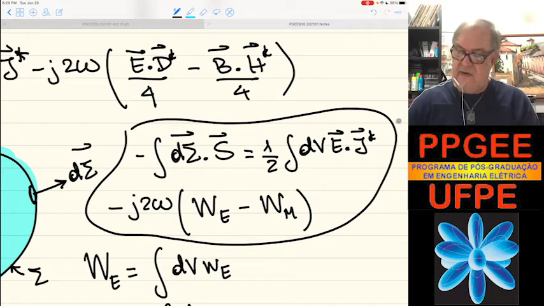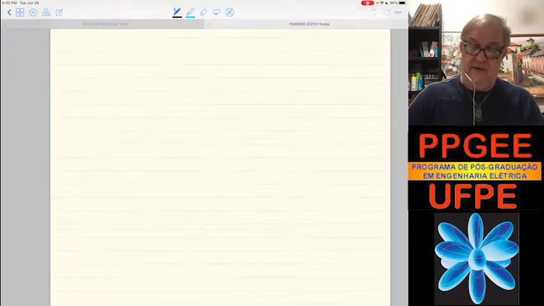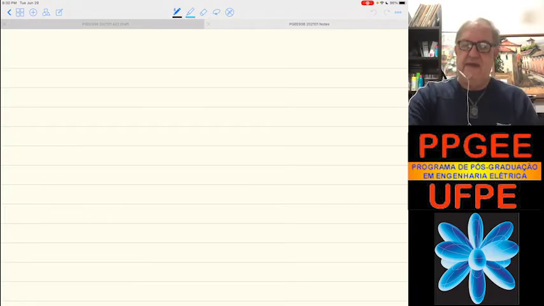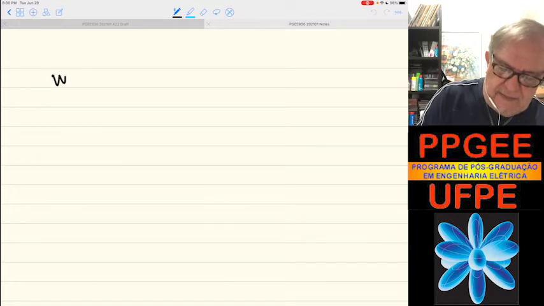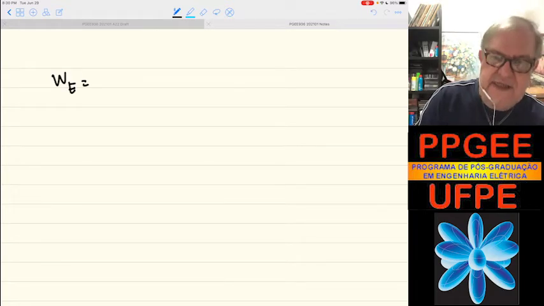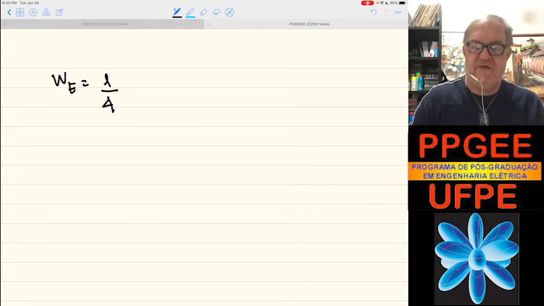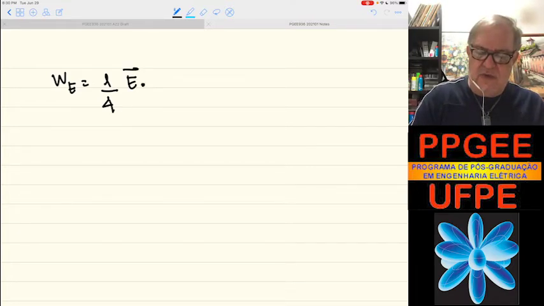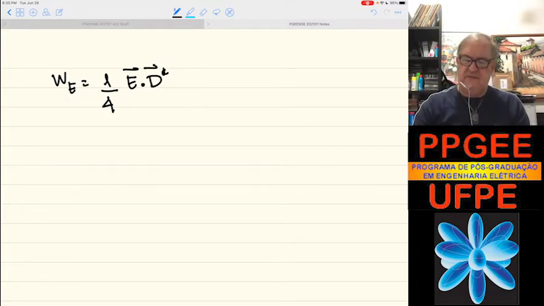So we have some interaction with carriers, then some storage, energy stored or loss. That's going to depend on the type of media you're going to look into. So the energy density now is a complex number, which is 1/4, right, of E·D conjugate. Why is that 1/4? Well, because the average value, right,